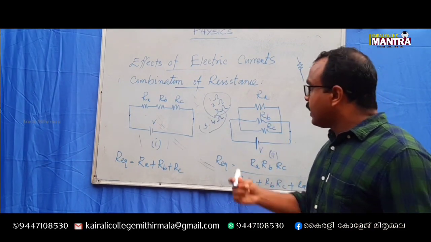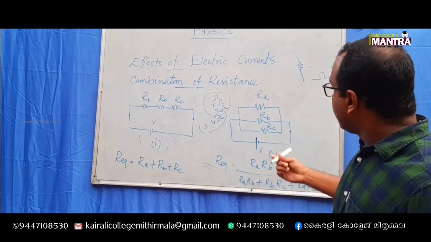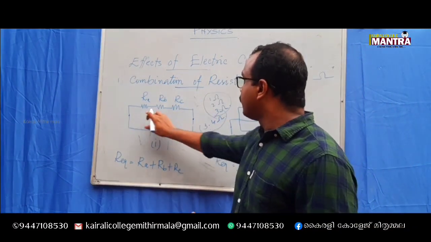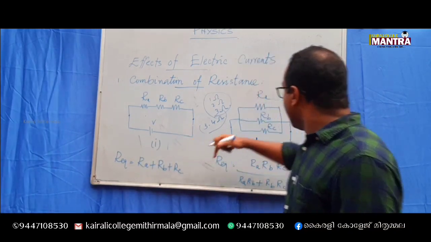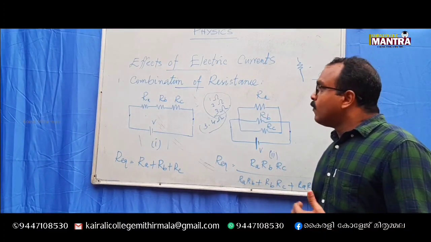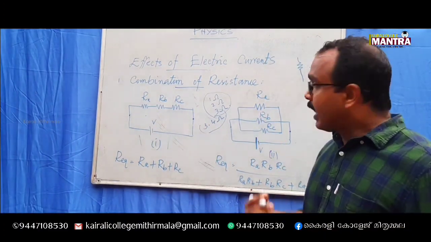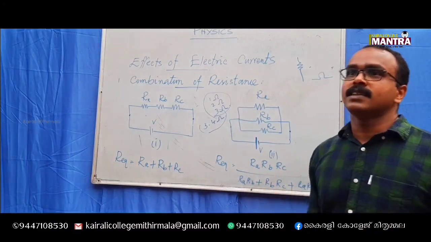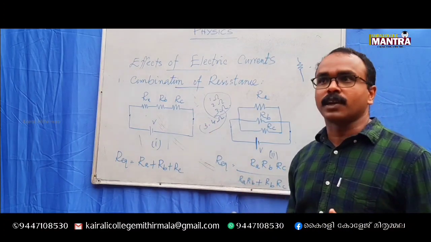I told you already, in both the figures we have the same circuit elements, and the number of elements is also the same. Here we have three resistors and one voltage source. In the second figure also we have 3 resistors and 1 voltage source. Then what is the difference between these two figures? The difference lies in the topology. Topology in the sense of how we place these circuit elements in a particular circuit.